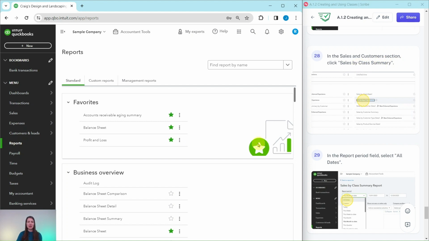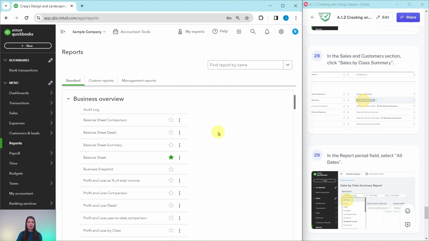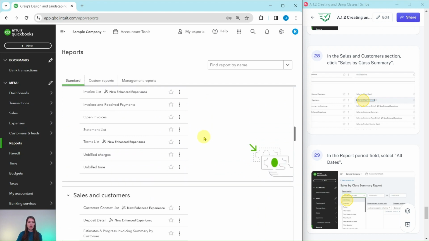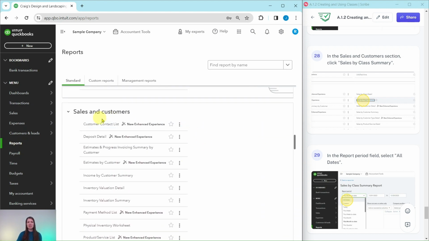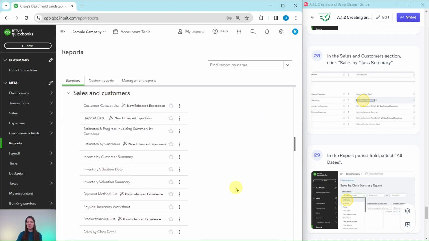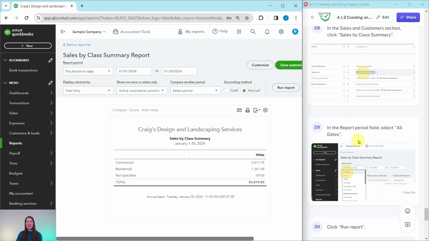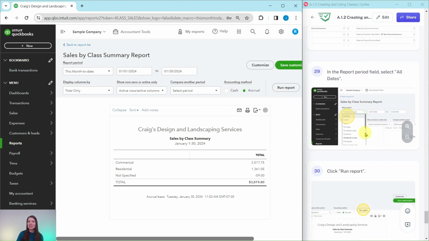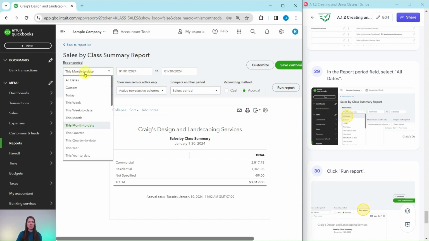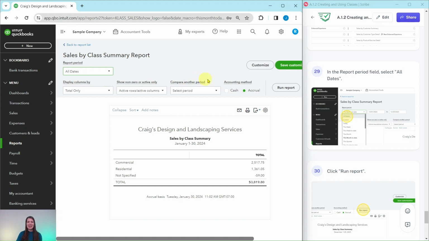So there's the favorites, business overview, who owes you, sales and customers. This is the section we want. We're looking for sales by class summary, which is right here. So go ahead and click on that. In the report period field, let's once again change that date range to all dates. So click on that down arrow right here in the report field, select all dates,